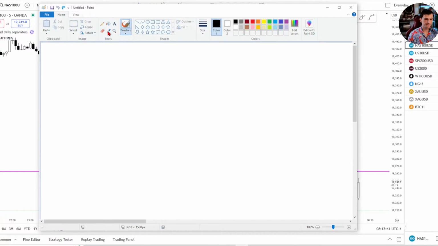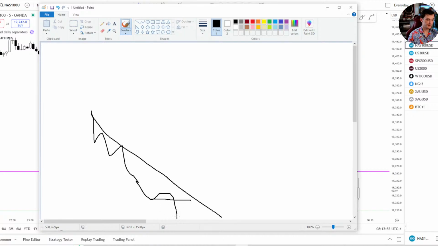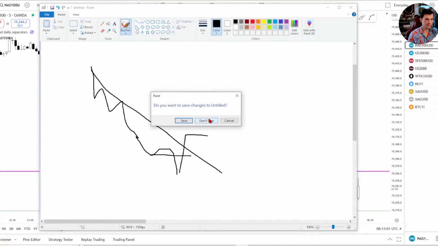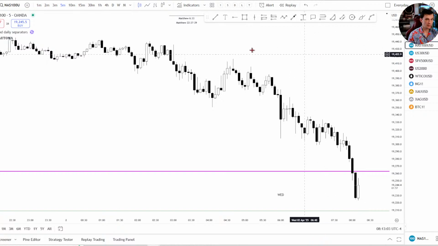So you could have a down moving market, for example. I think we just saw this the other day. So we've been going down, okay? Maybe we forced a previous day's low and it failed. Let me do this. I'm not going to show you with paint. I'm going to show you with a chart.